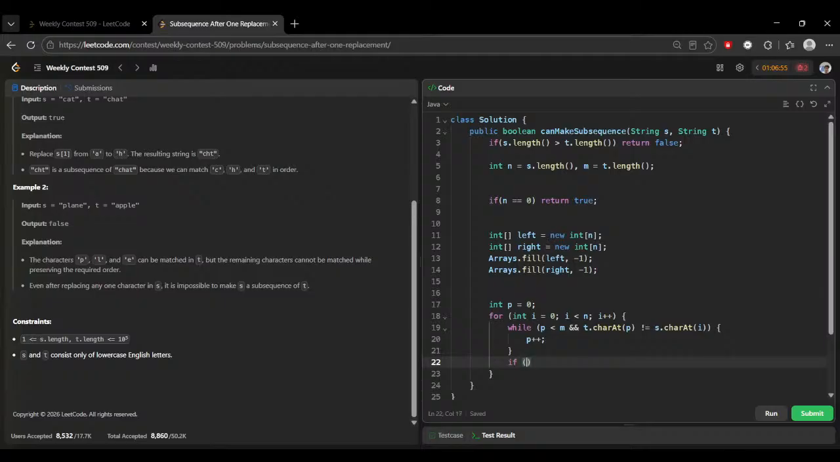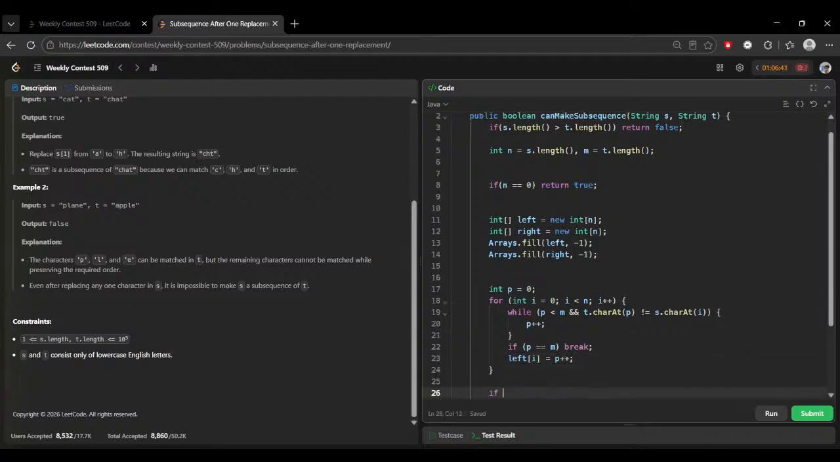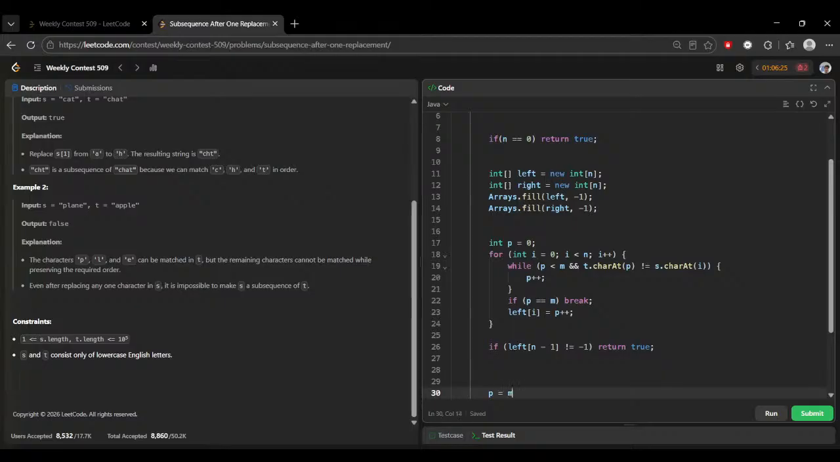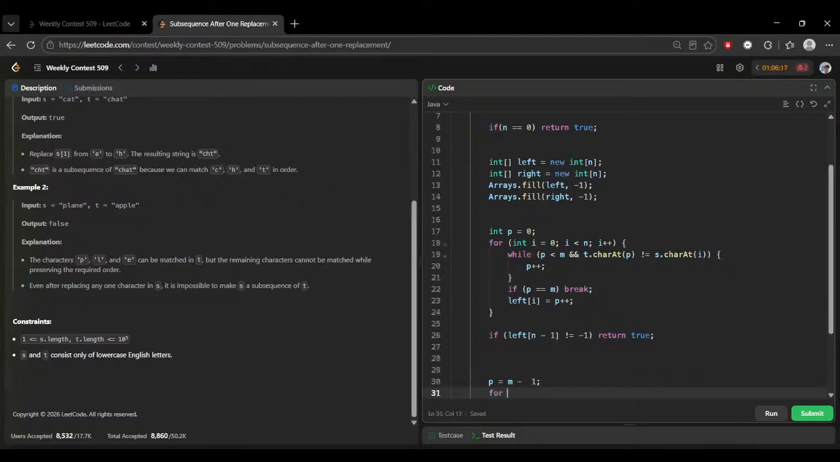If p reaches m, break; like left array i is to be incremented. If left n minus 1 not equals to minus 1, then we have to return true. p is equals to p plus 1, right. अब इसका इटरेट करके देखते हैं।